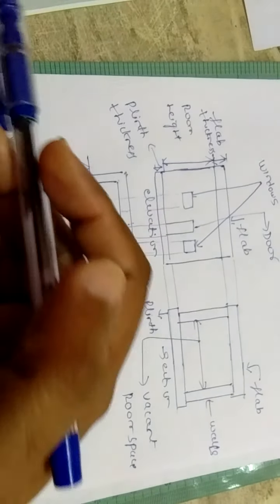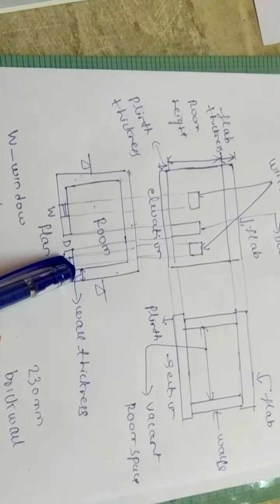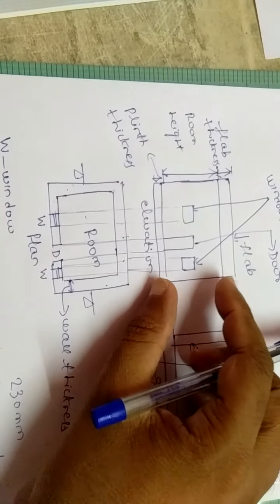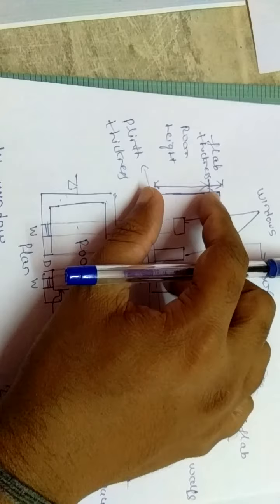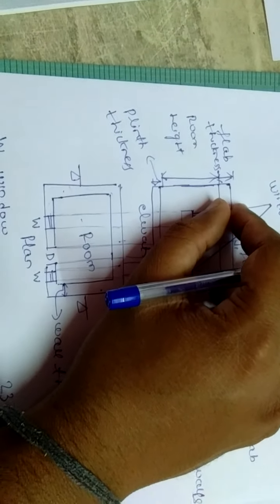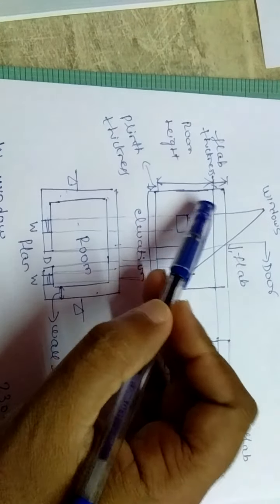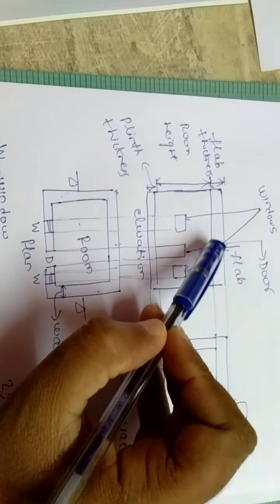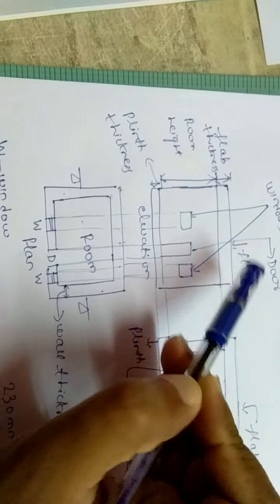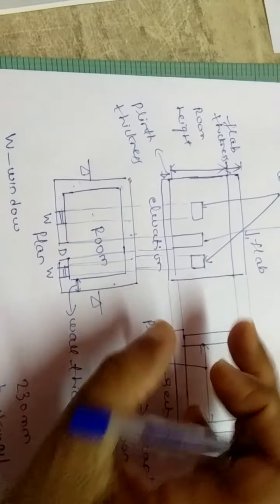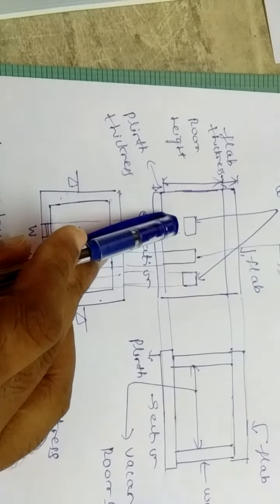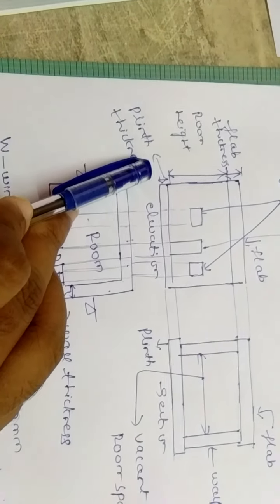So when you are seeing the elevation or the front view of this side, what are all the components we are going to consider? We are going to see the height of the wall, so I have given here room height or the wall height, and after that we are able to see the slab also, right? Right after the wall there will be slab. I am not considering the beam here, directly after the wall ends we are going to see the slab. And one more thing, below this wall, this thickness you are able to see is called the plinth thickness.